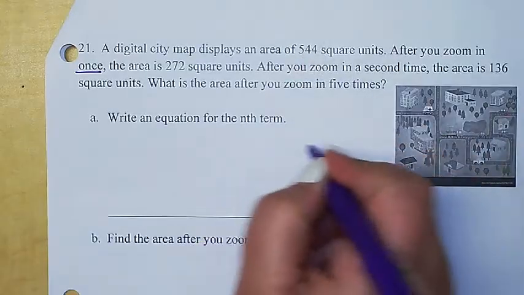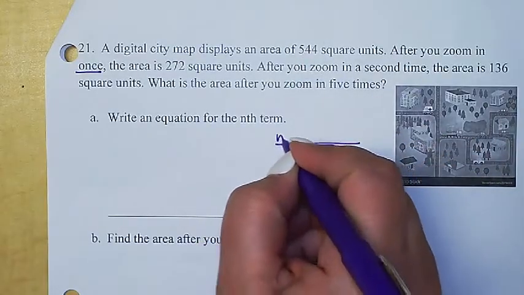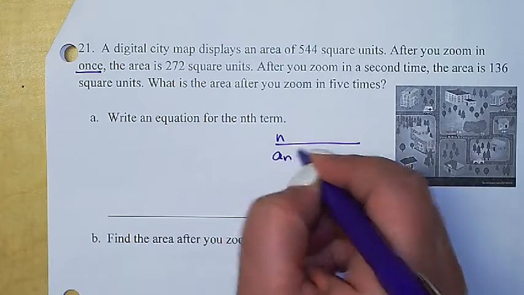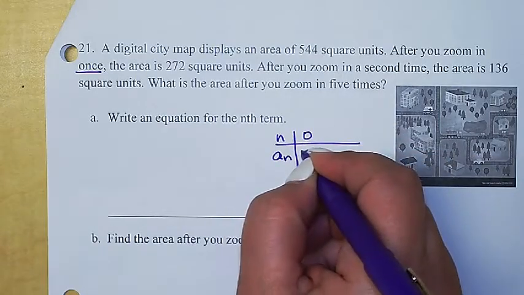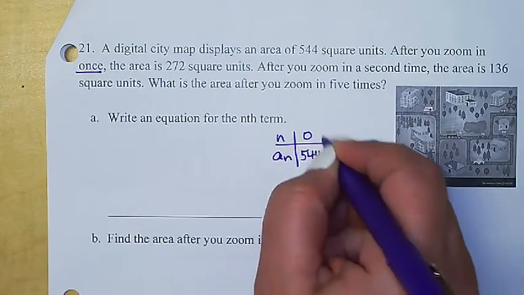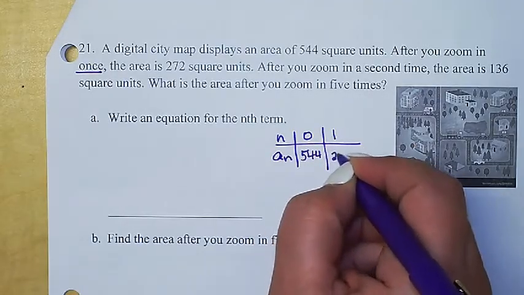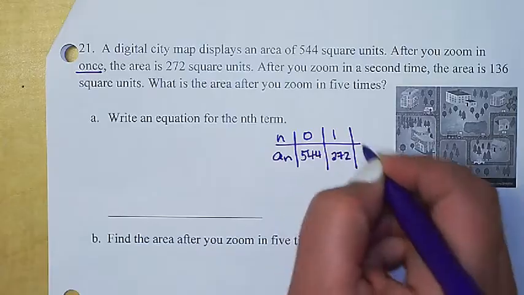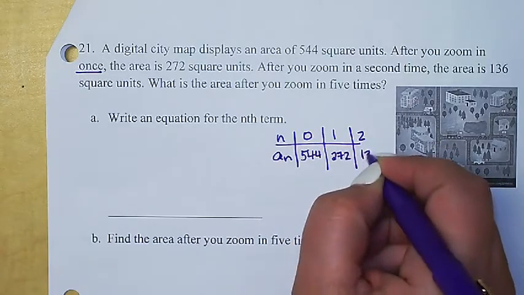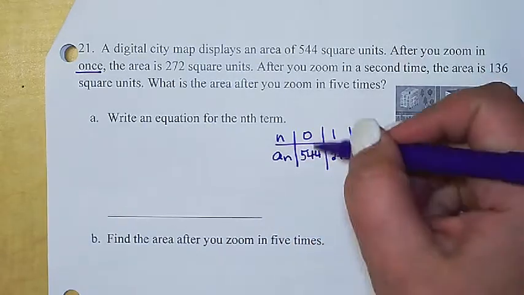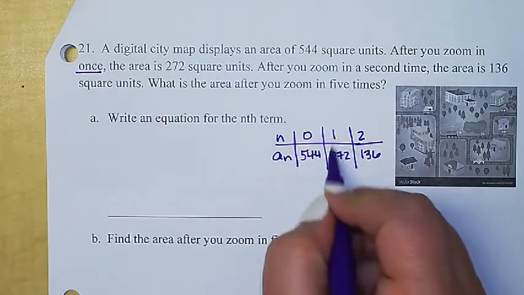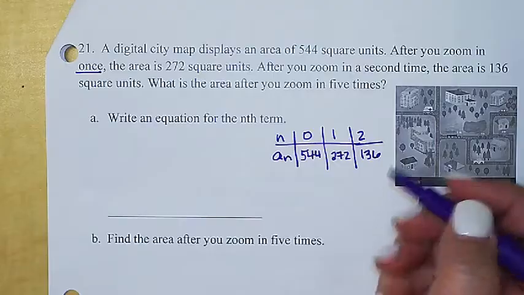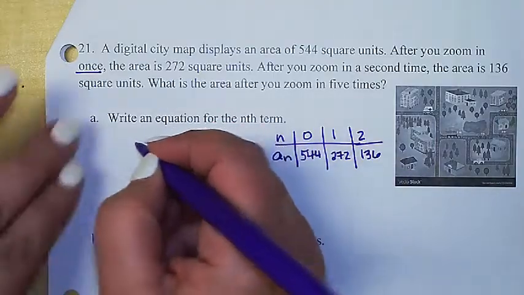at all. So if you think of this in terms of a table, right, or something like this, with 0 zooms is when we are at 544. And then 1 zoom is 272. And then 2 zooms is 136. So you want to be consistent with the language and what they're saying. That means that with 1 zoom, this is the number we want when we are thinking about our a sub 1. So if we have our